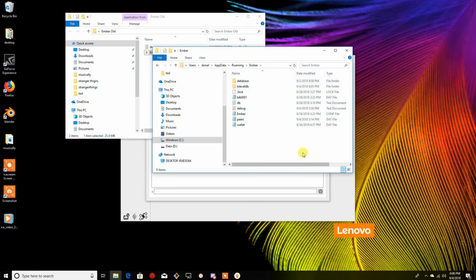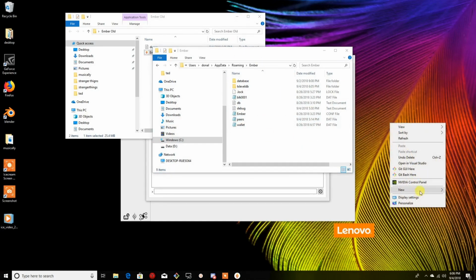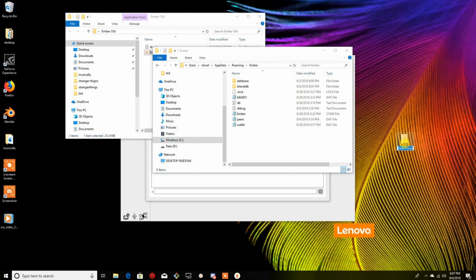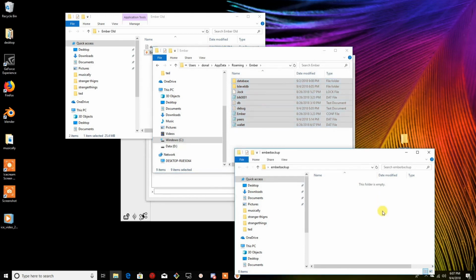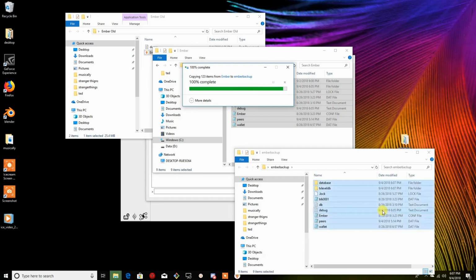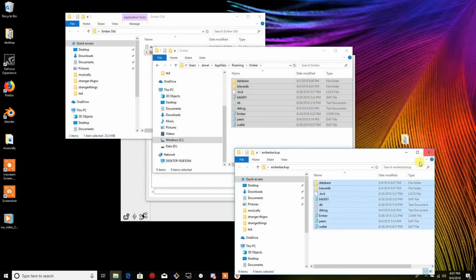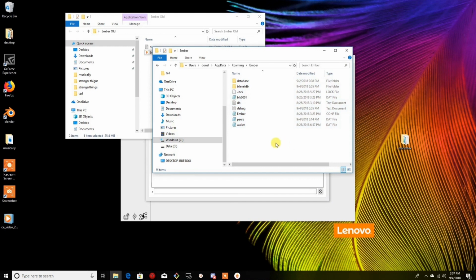What you're going to want to do with these files is, of course, create a folder and back them up. So I'm just going to put here on my desktop, Ember Backup, open this folder up, and just copy all these to that, using Control-C and then Control-V. Alright. So now that I have my files backed up here, I can then go ahead and get rid of the wallet.dat file from here, because the new wallet will create a wallet.dat file,